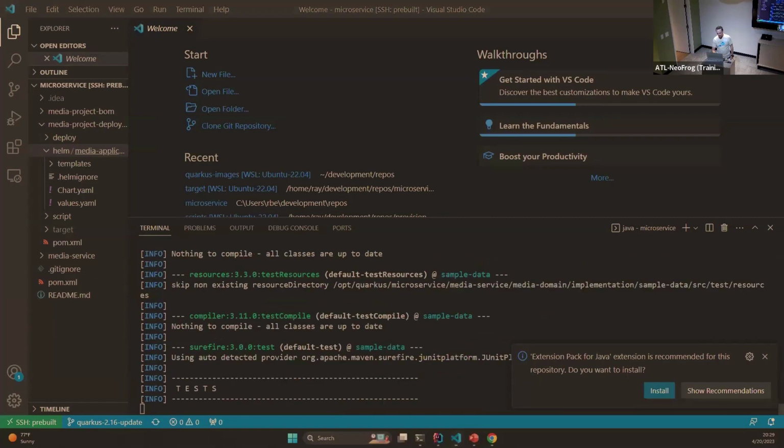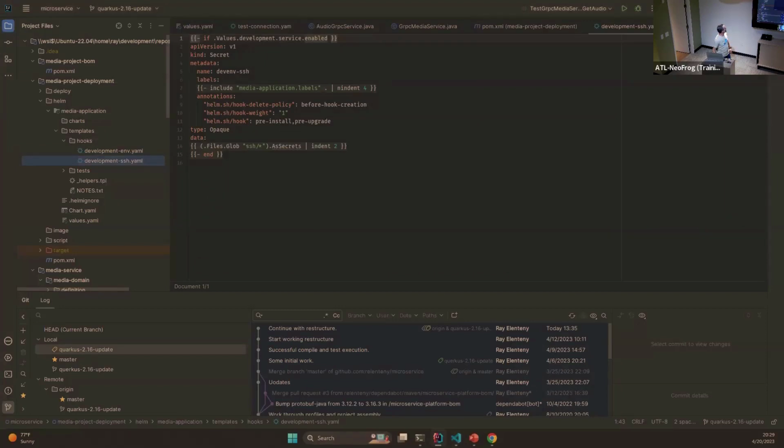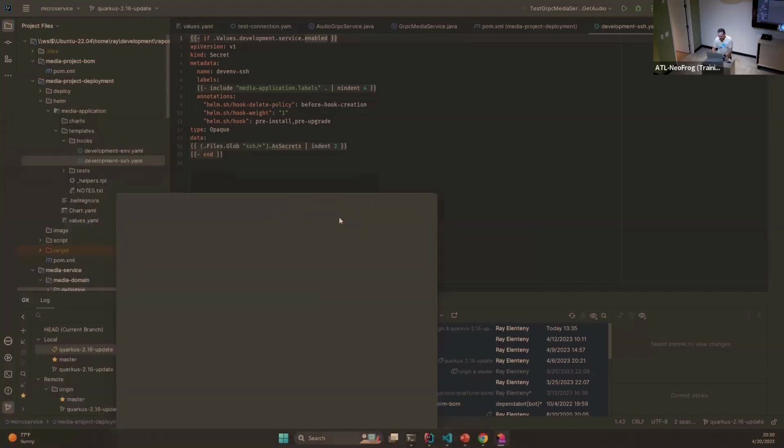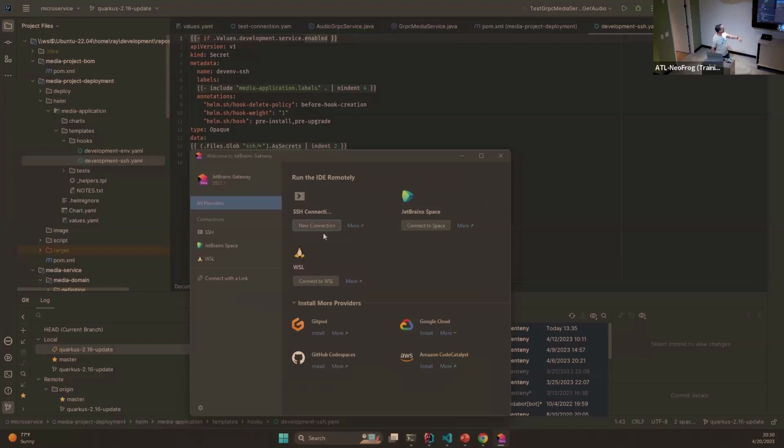The same thing goes for IntelliJ here. Let me see that. For remote, IntelliJ has a thing called the JetBrains Gateway. Show that real quick, and that will show us where we are here. The JetBrains Gateway allows me to define all kinds of connections. So if I go into my SSH connections,